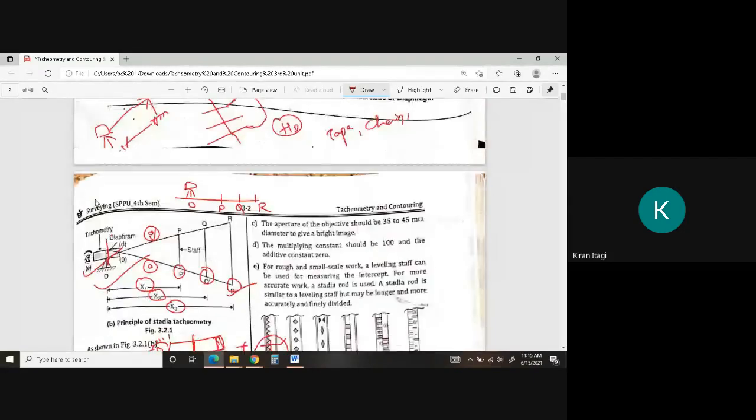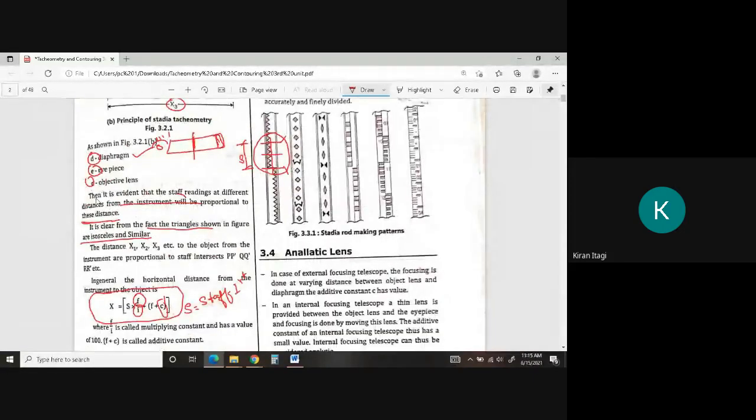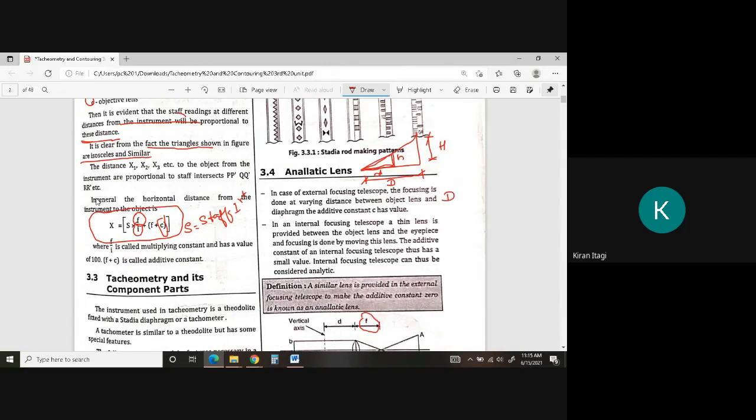And we will also work with similar triangles. You have learned about similar triangles. If I draw here, this is one triangle and this is another triangle. I know this distance, and I know this height, and also I know this other height. So how will you find this one small distance by using the similar triangle? D upon h equals small d upon small h. By using simple similar triangles, we can also find the unknown quantities.